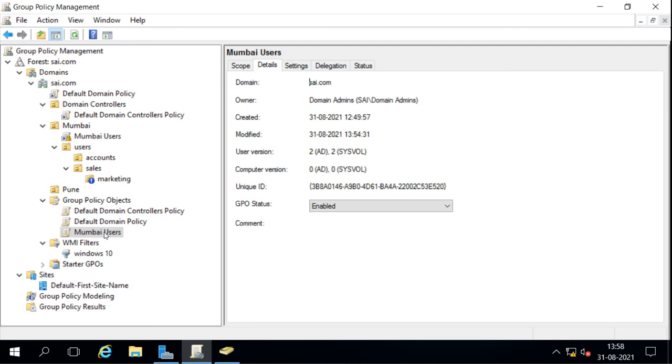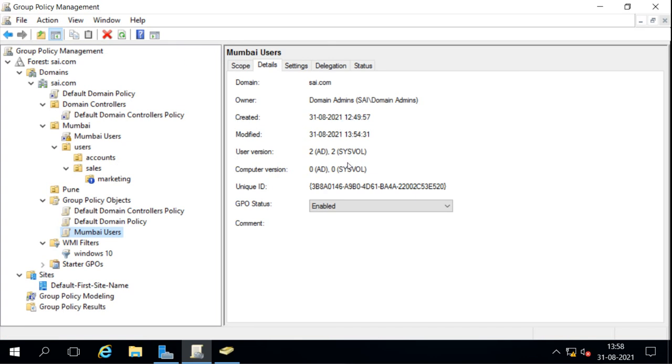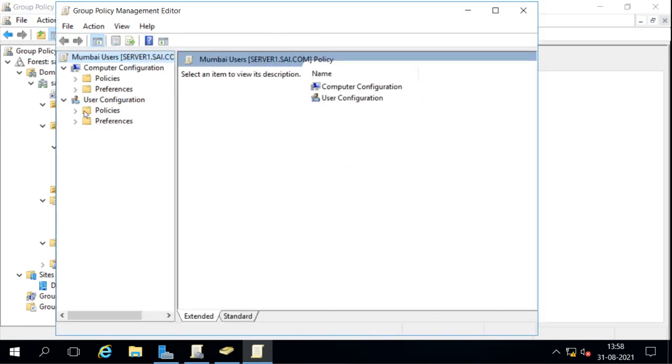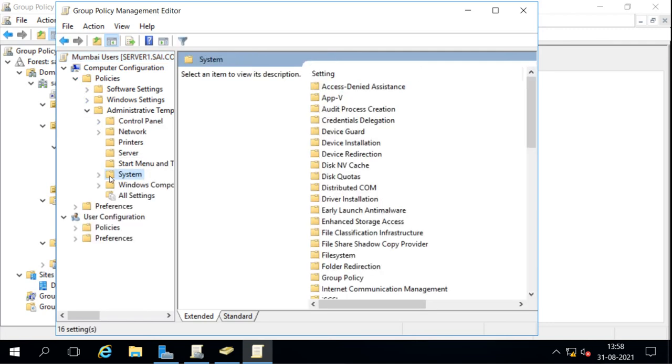So I will go to this policy and edit it. Under Administrative Templates we have System, and under System we have the Group Policy option.